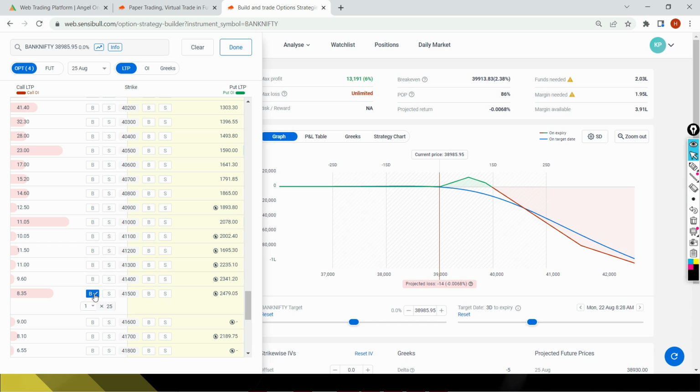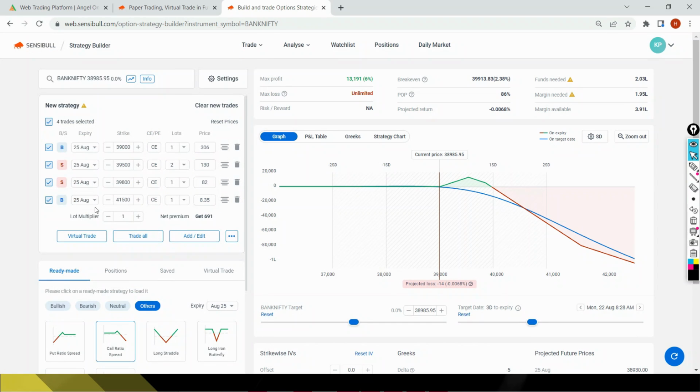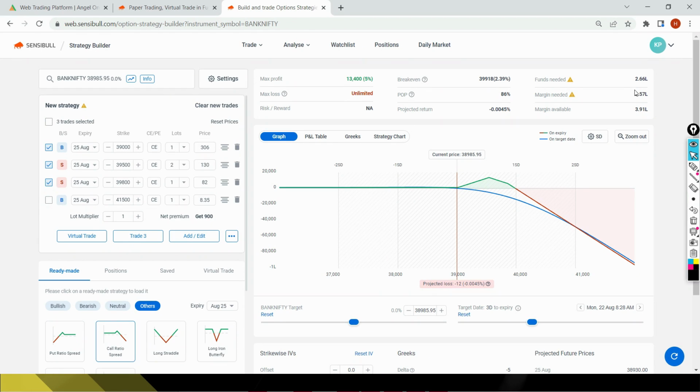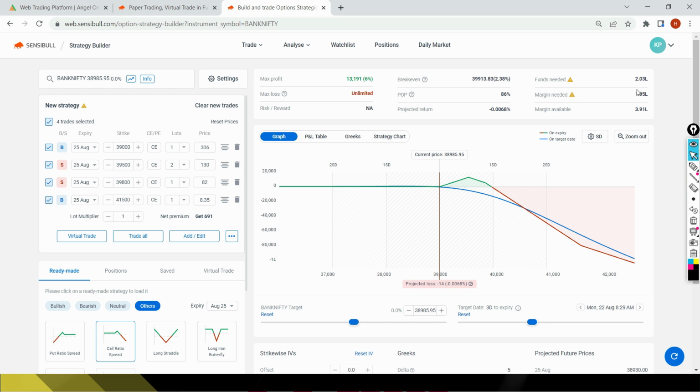That's it. See, the moment I buy a naked call, I'm buying a naked call. If I deselect this, your capital was 2,57,000. The moment I bought a naked buy, your capital has decreased, your margin has decreased to 1.95 lakhs. So now what you have to do, if you're okay to give away this 8 rupees premium as a hedge,